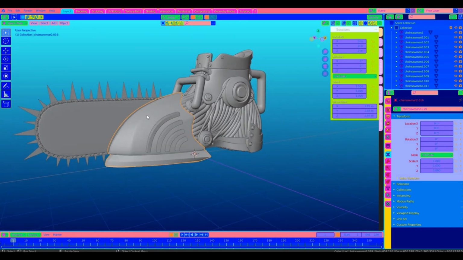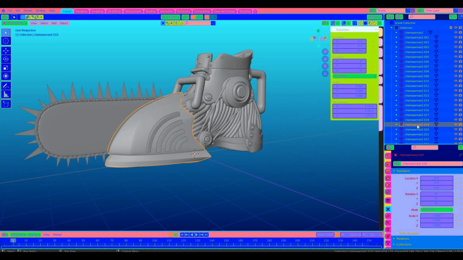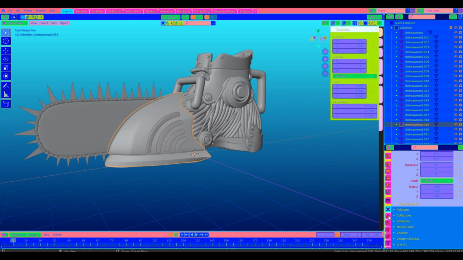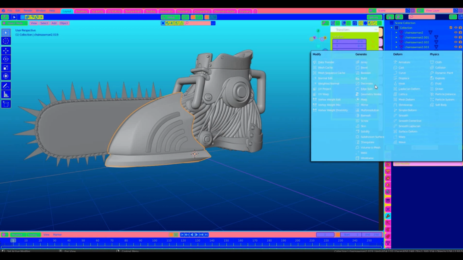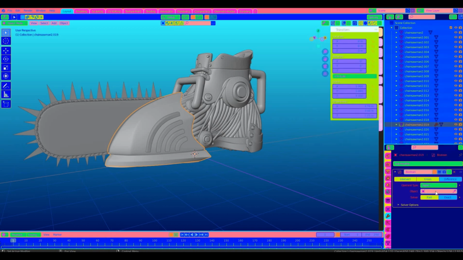So now I will click on the Chainsaw Man helmet to figure out the name in the list of my objects, because everything's separated now. And then I'll click on the eye hole cutters. So I guess that's what we'll call them for now. And go into the modifiers, choose Boolean,